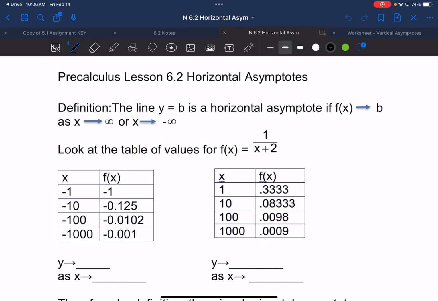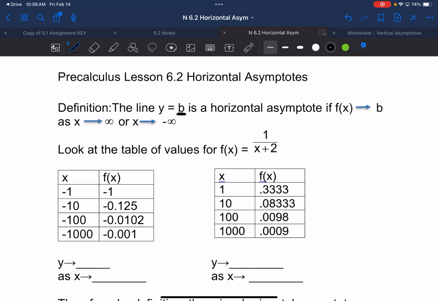While a vertical asymptote obviously runs vertically and was the line x equals a number, your horizontal asymptotes are going to run horizontally and therefore should be y equals some number. They use the letter b to represent that it could be any number. Okay, says that these are going to occur